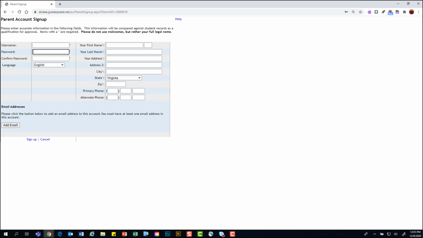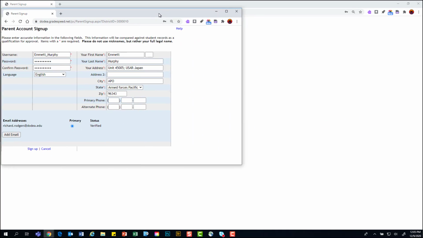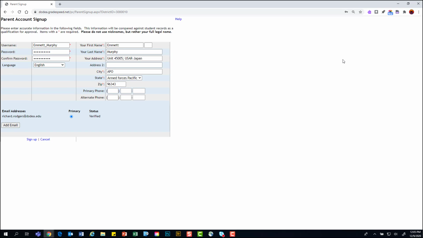So now I'm going to go ahead and slide over here a form that I've already filled out, and I'm going to show you how it should look before we get going. Now, this particular account is being set up for a fictional parent. So I'm going to put in Emmett Murphy, and I put in a fictional password. I put it in again, and you notice that I'm making sure that each of these red asterisk fields have been filled in. And then I come over to the right side of the form,